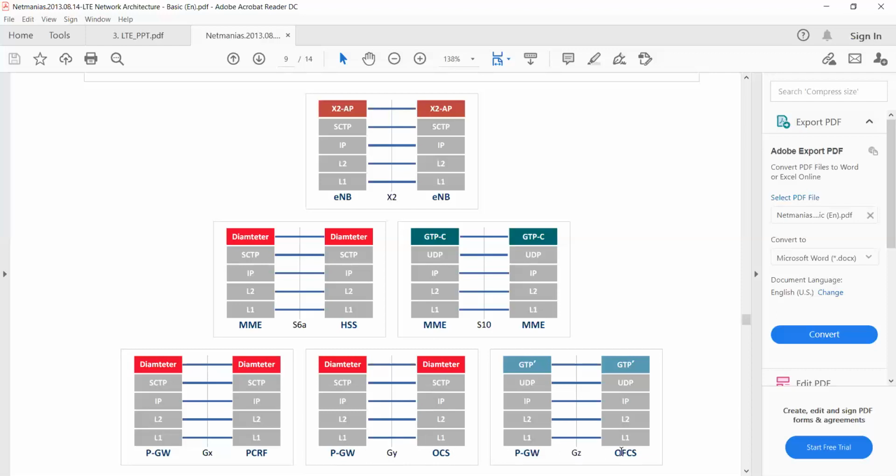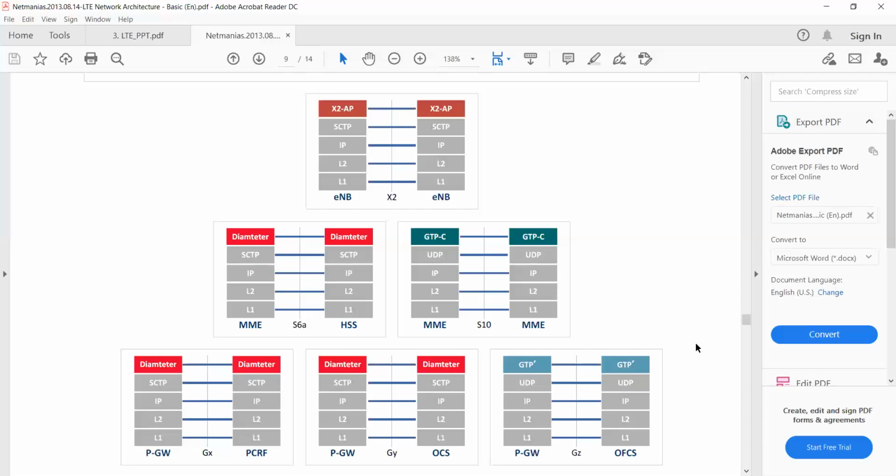OFCS is the offline charging system. When you are not in connected mode, suppose you have purchased a pack of 49 rupees, and after 28 days your pack has expired, even though you have some balance, 20 rupees or 30 rupees, you cannot make an outgoing call. So how is that limiting happening? By OFCS. It may be the end of the subscription pack, or sometimes you have a balance but you cannot make a call. It will ask you to contact your operator, or some restriction they will keep.